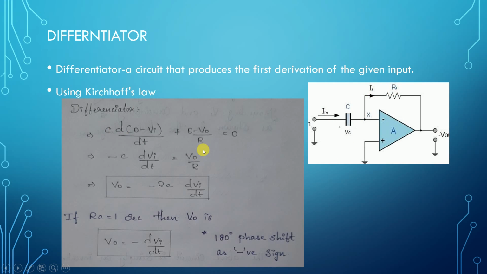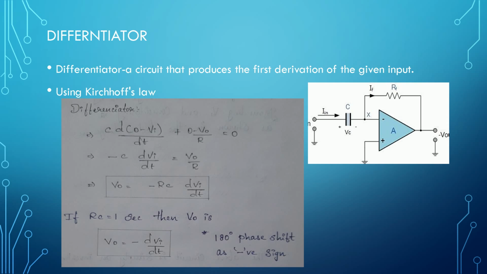So using Kirchhoff's law, current I1 plus I2 equals 0. I1 is nothing but C dV by dt, the differentiation of voltage, plus (V minus V0) by R. We get V0 equal to minus RC dVi by dt. It is in the form of differentiation. So when RC equals 1 second, we get V naught equal to minus dVi by dt. Vi is nothing but the input voltage, and the negative sign indicates the 180-degree phase shift between the input and